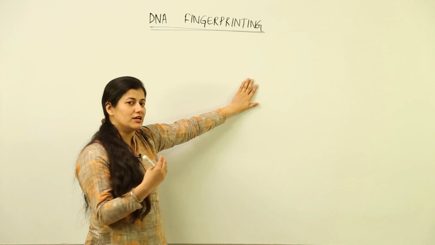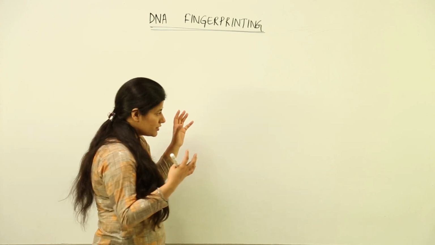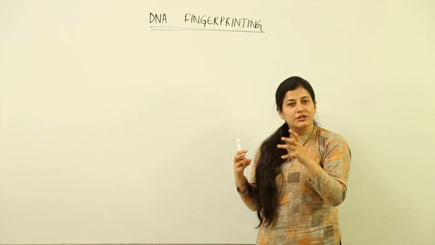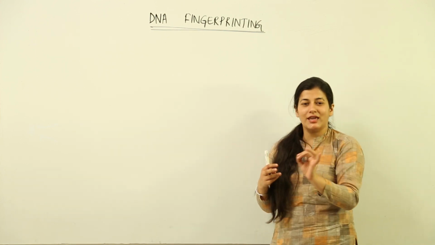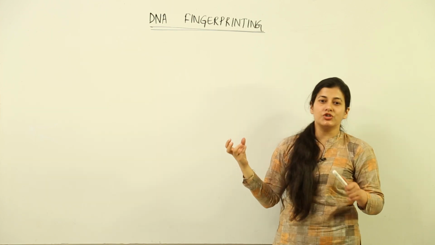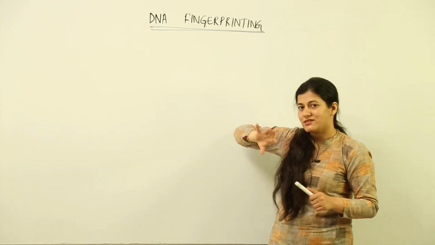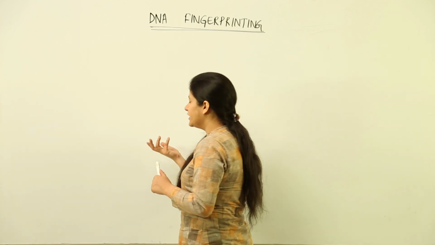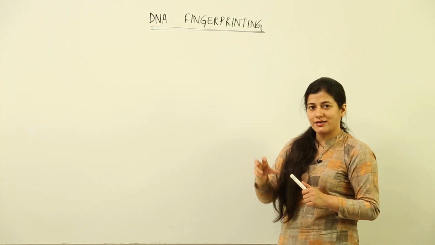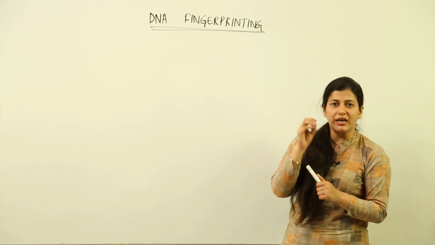Now, you might have heard about this term fingerprints in some murder mystery, or if you're watching or reading some sort of murder scenario, fingerprints of the criminal are to be traced out. In the same way, the fingerprints of DNA, that means the DNA composition of an individual, when it is charted out, that is known as DNA fingerprinting. As the fingerprints of your hand have usage in tracing out the criminal at a crime scene, in the same way, DNA fingerprinting is also used in those criminal scenes as well as disputed parentage cases